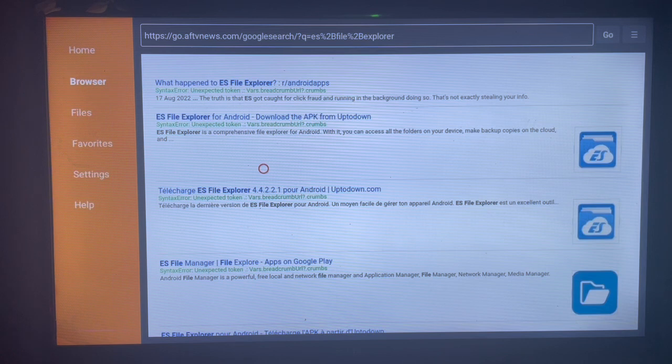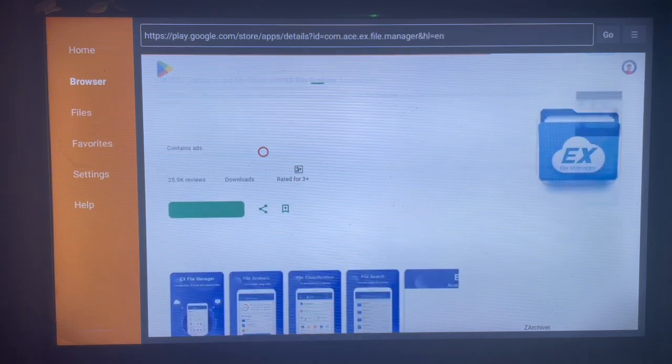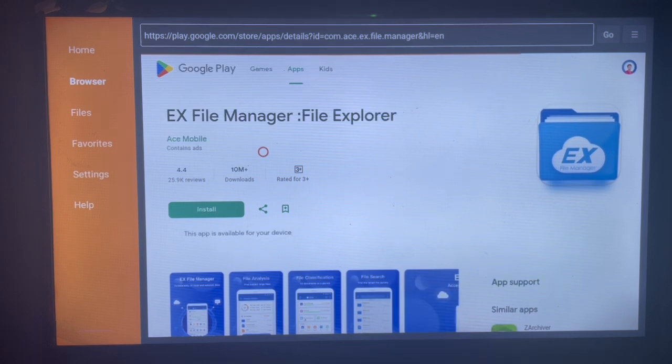That's how Downloader works. So you can just choose any of these, any one that is comfortable for you here. You can scroll down to see any one that you want. And if you come here, you can use this option, ES5 Explorer. So you can use the option by just clicking there, and then once you click on it, it's going to show you where you can install it to your Android TV. This is very